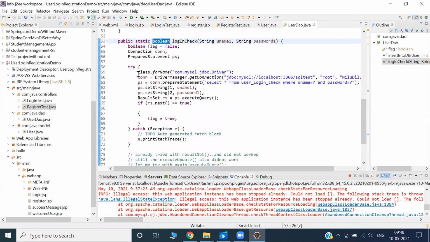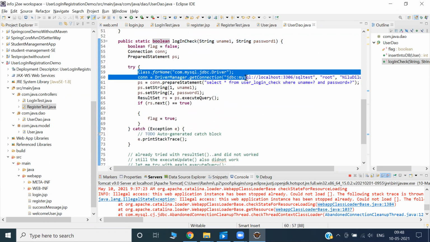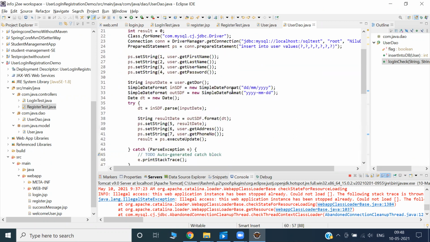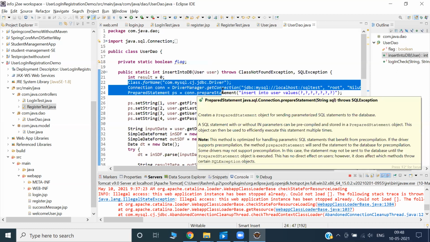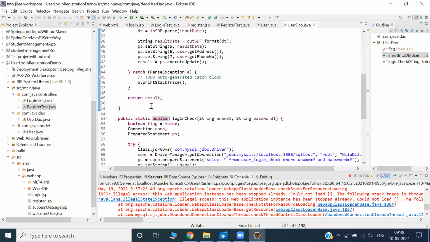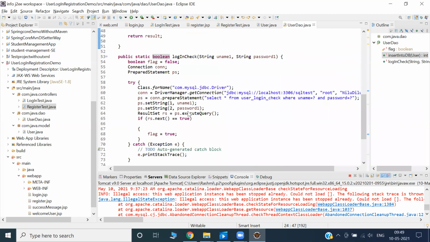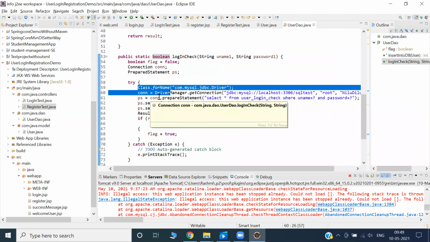Inside this method, I have created a connection. Inside this method also I have created a connection. Going forward, we will increase the performance. Tomorrow, if I have more and more methods, why should I write Class.forName and the connection every time?